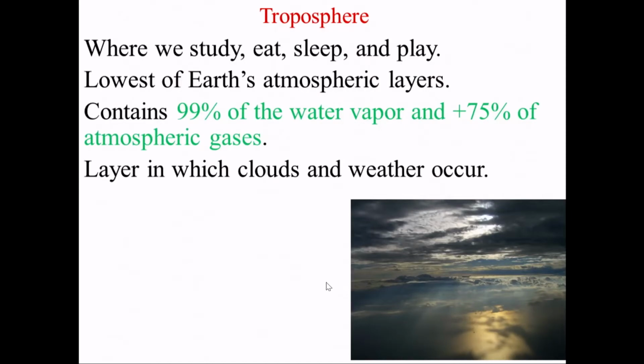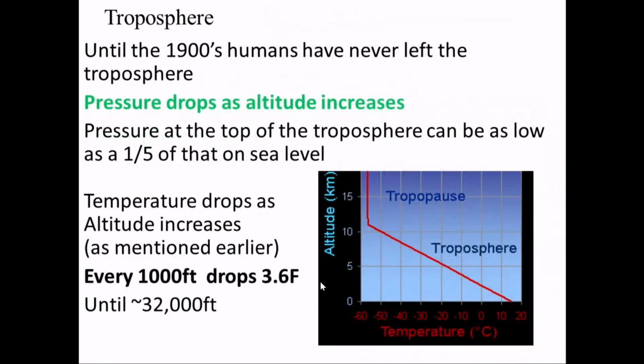Now, there are some instances where some clouds can make it into the stratosphere, especially if there's a volcanic eruption, but for the most part, weather occurs in the troposphere. Now, in the troposphere, and in all layers, the pressure drops as altitude increases. And the reason for this is there are fewer air molecules nearby to exert pressure. So at the top of the troposphere, there's only 1/5 of the sea level pressure, which is not enough to